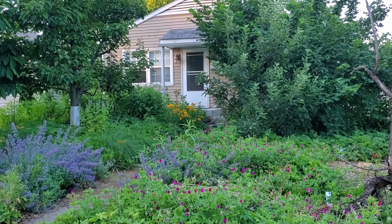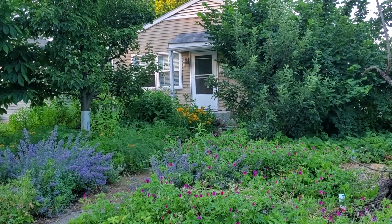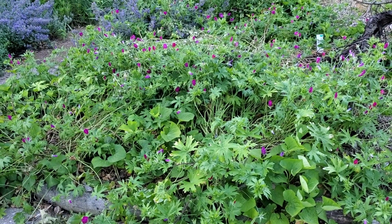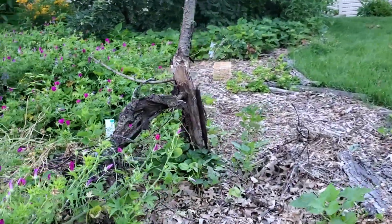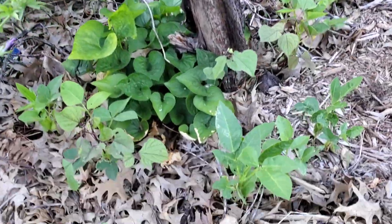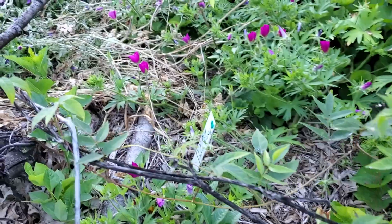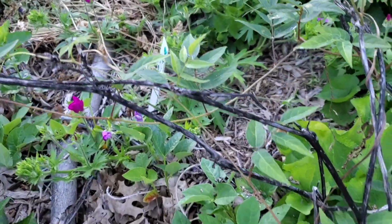Welcome to my lovely native garden with some edibles interspersed. We have purple poppy mallow here in the front, interspersed with some of our native violets. Over here I have a tree that's fallen down, but I also have some black-eyed peas planted around it that'll grow up. And along with the black-eyed peas, I also have our native Apios americana, the American groundnut, which is